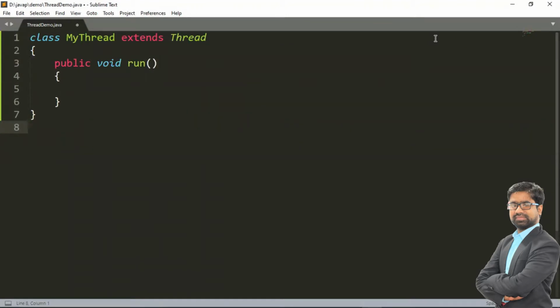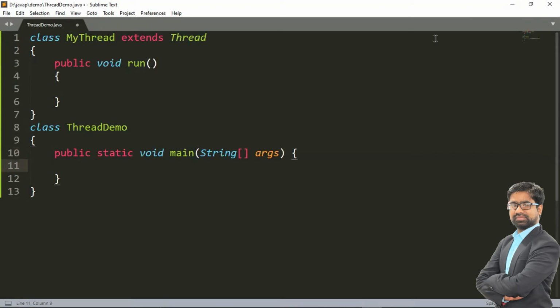Then create a main class. My class name is ThreadDemo, and let's create a main method here. In ThreadDemo we have a main method, and now we write our own logic here.